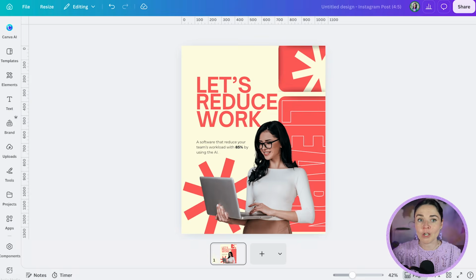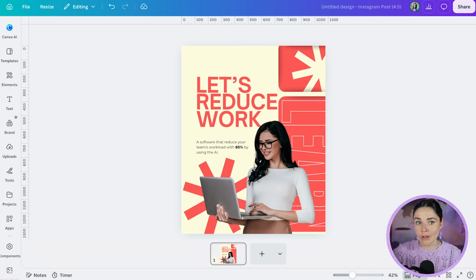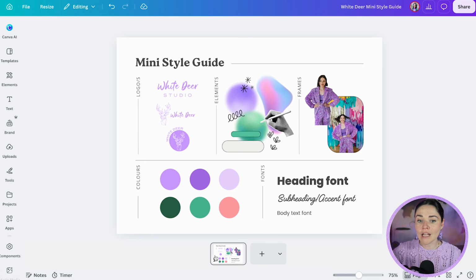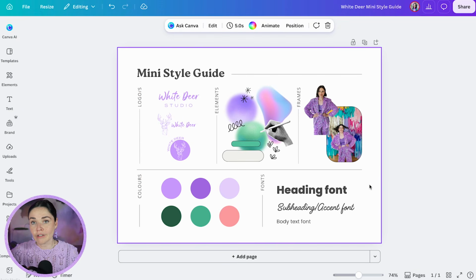So I've just got two tabs open on my computer here. One has my style guide, one has a new design that I'm working on. When I open up my style guide page, I just want to click on the page. If you don't see this little thumbnail option, it's likely that you're on a different kind of view where it's